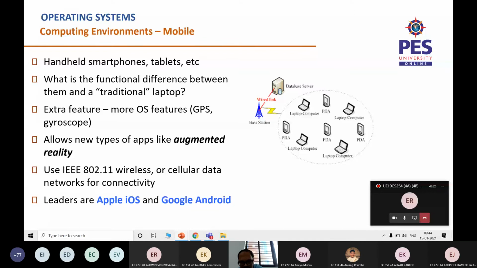So the basic advantage of this mobile computing is that it is very handy to carry, and you can walk around with lots of data and access to lots of data with the help of mobiles, and it has some extra features like GPS, gyroscope and so on. Nowadays you also get augmented reality and so on. So there is no LAN connection to these mobiles. It is all wireless connections. You can just connect it to a modem through a wireless mode and get connected to the internet and so on. That's how this mobile computing environment looks.